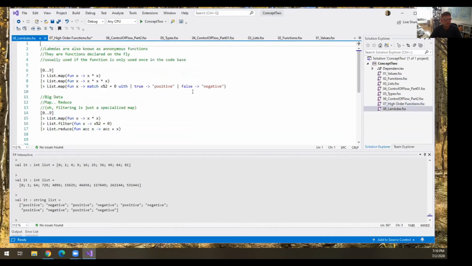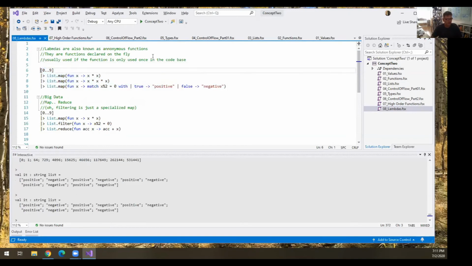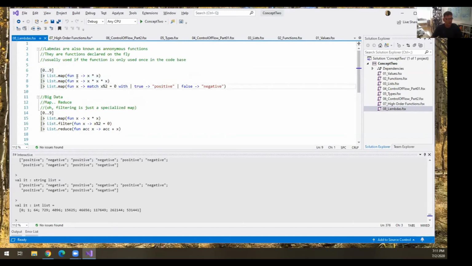Real quick then, some of us are lazy, like me. So instead of declaring functions explicitly, if we're only going to use them once, we use something called lambdas, which are anonymous functions. We use a fun keyword here to declare lambdas. So here's 0 through 9 again, and that's exactly the same thing as before of declaring that square function. Piped out, same results. The fun keyword starts with a parameter list, and then whatever the body of the function is. Remember, we don't have return keywords and stuff like that.